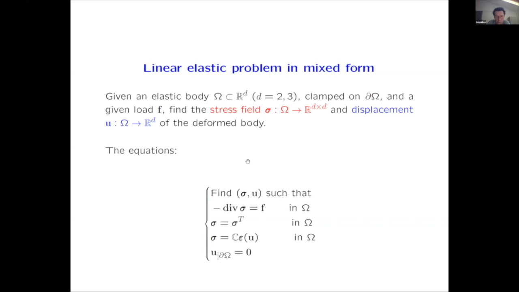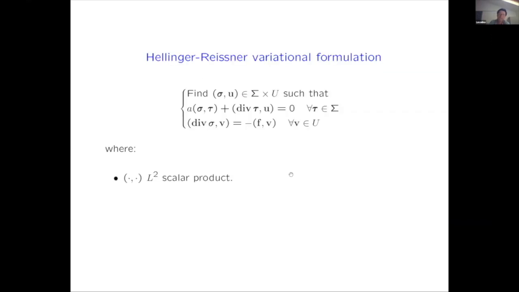Since we are going to employ a Galerkin method, this problem must be written in variational form, and I will use the standard Hellinger-Reissner variational form that I'm sure you are familiar with. I'm also using standard notation to describe the problem. So here we have the constitutive law equation in a variational form, and this is just the equilibrium equation also